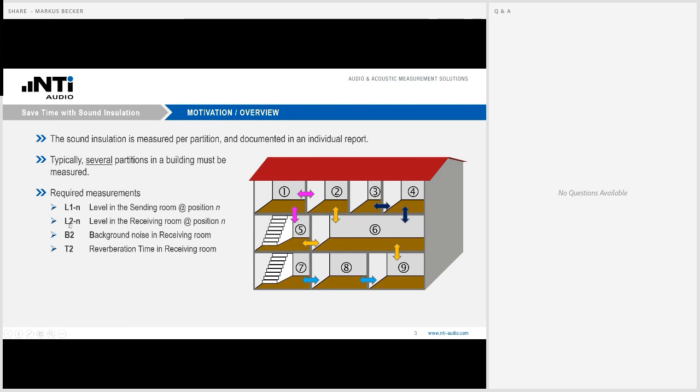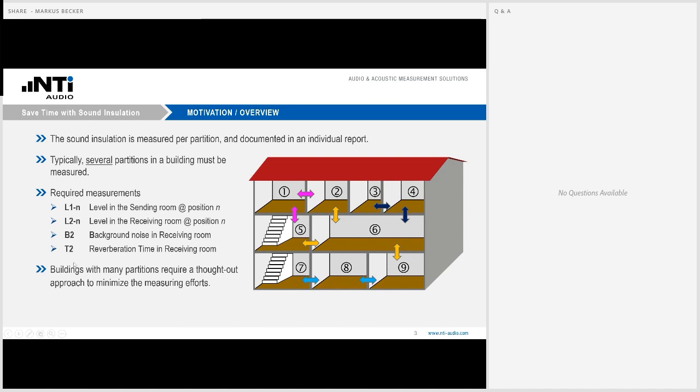Receiving room is labeled 2. So here we have the level L2 of the receiving room, again in several positions. Then we need the background noise in the receiving room, B2. And also important, the reverberation time in the receiving room, T2. Keep in mind, these are the 4 measurements that are required for each partition, to determine the sound insulation of each partition.